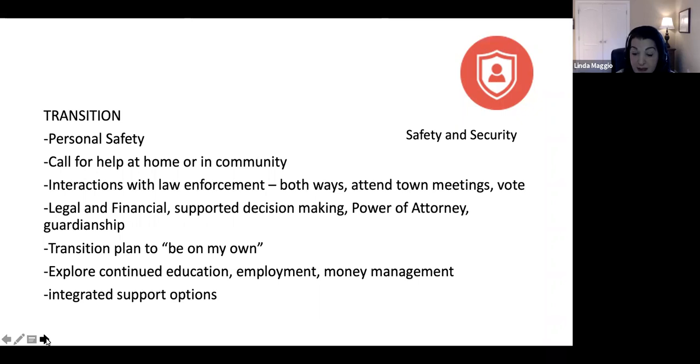You can have a limited or a joint bank account. Teach them how to pay bills online. Bring them into the local bank. How do you interact with the teller? Just make a deposit using the deposit slip. And then